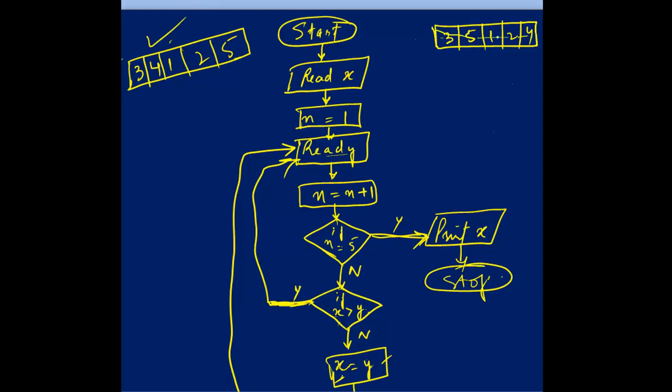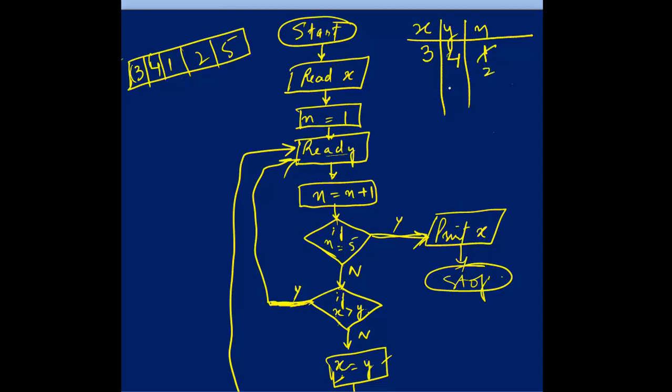I will check on this. Okay, so let me move forward. I will create a memory map here. This is x, this is y, this is n. My value of x is 3 initially, so I will write 3 here. Then the value of n will become 1, because n is equal to 1. Then read y. Y is 4. Y will be scanned and 4 will get stored in y. And now n is equal to n plus 1, n will become 2.